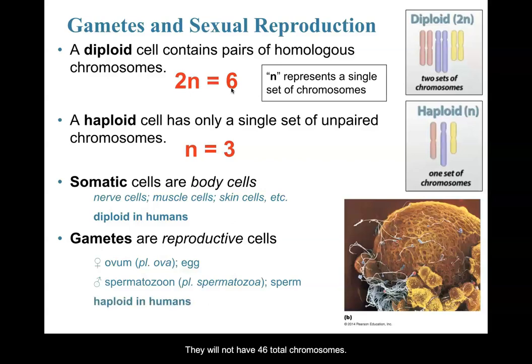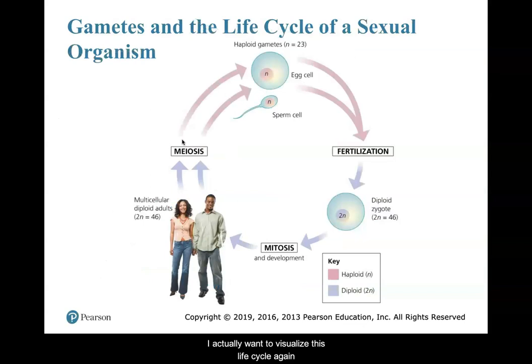They will not have 46 total chromosomes. They will not have pairs of homologous chromosomes. They only have the letter N since they're haploid, single set of unpaired chromosomes. And that's important because one of those sets is going to combine with another set, sexual partner, to create an offspring. I actually want to visualize this life cycle again,